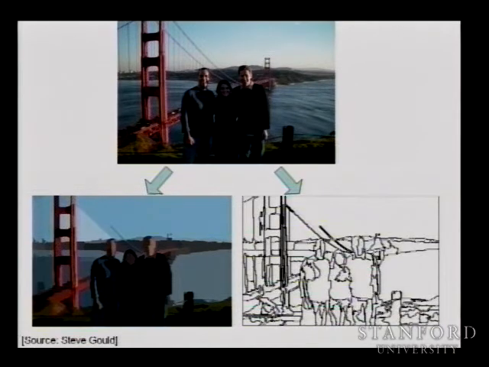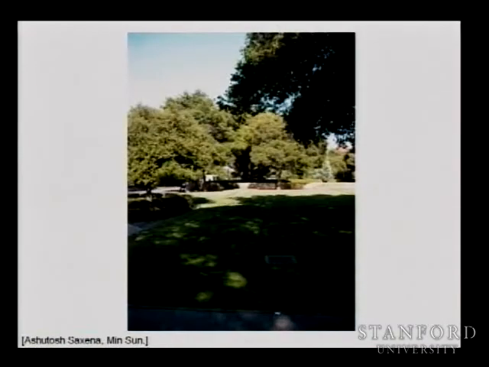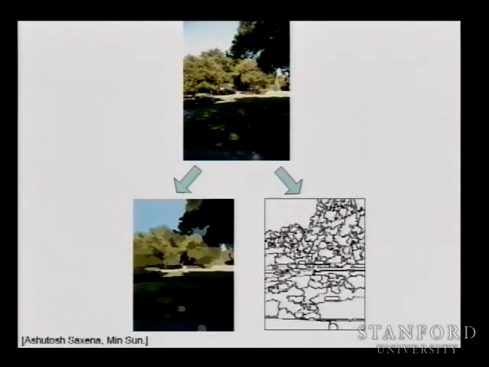The two images at the bottom are two identical visualizations of the same grouping of the pixels into contiguous regions. And so it turns out that this sort of clustering algorithm, this sort of unsupervised learning algorithm, which learns to group pixels together, turns out to be useful for many applications in computer vision and image processing. Let me show you one example. This is a rather cool one that two students, Ashutosh Saxena and Min Sun, did. Given an image like this, which is actually a picture taken on Stanford campus, you can apply that sort of clustering algorithm and group the picture into regions.